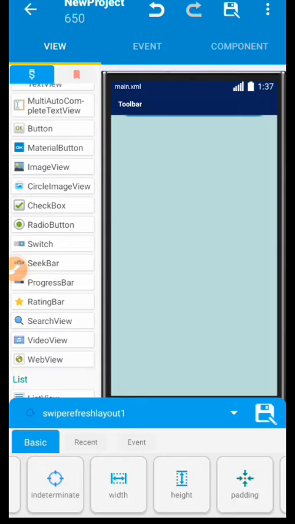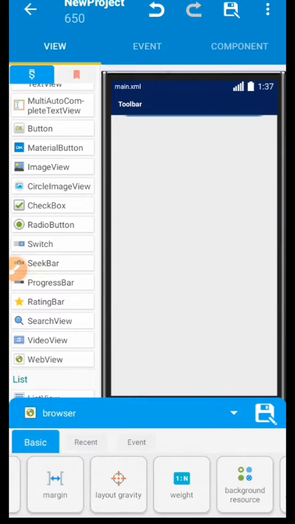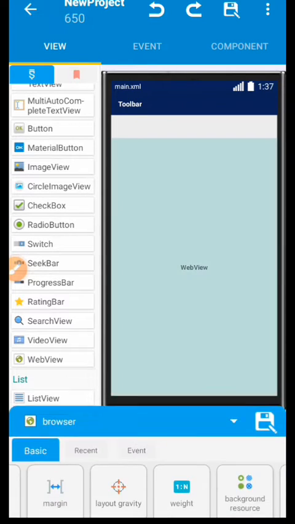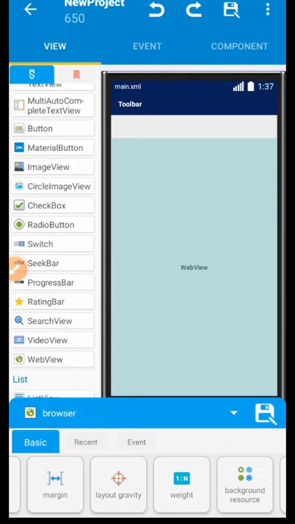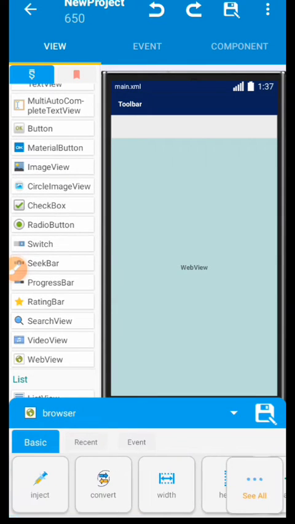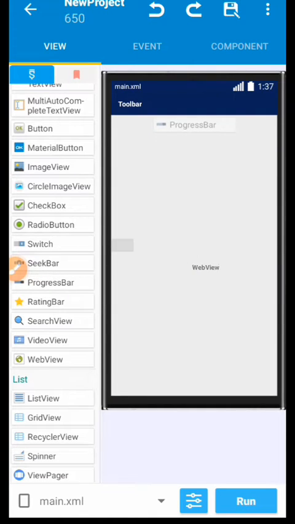Then I'll bring my, where's my web view? What's happening here? Okay, so let me undo. This is the web view. Okay, so I didn't notice that. So let's bring in my progress bar again and let's see what actually happened. My progress bar was supposed to stay at the top here, but